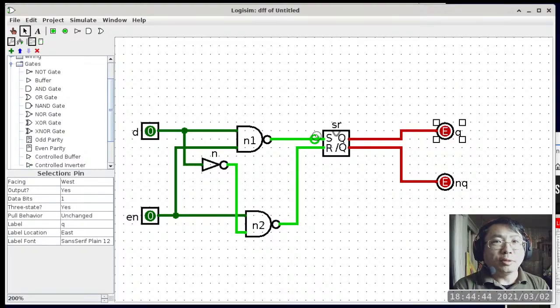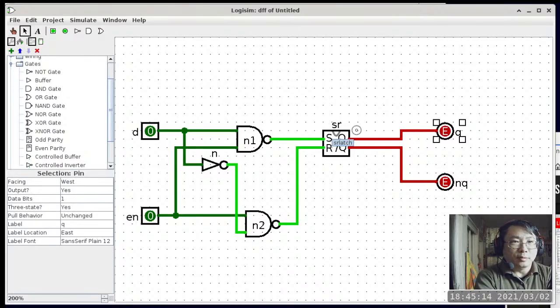But there's no quote-unquote current state to maintain because we never specified what the initial state of this SR latch should be, and that is the reason why the output is 2 red wires, because we never really specified what the initial output of the NAND gates inside the SR latch should be, and as a result, there's no way to actually determine what is the current state of the SR latch. So that is the reason why we got the red wire. Okay, so we can fix that